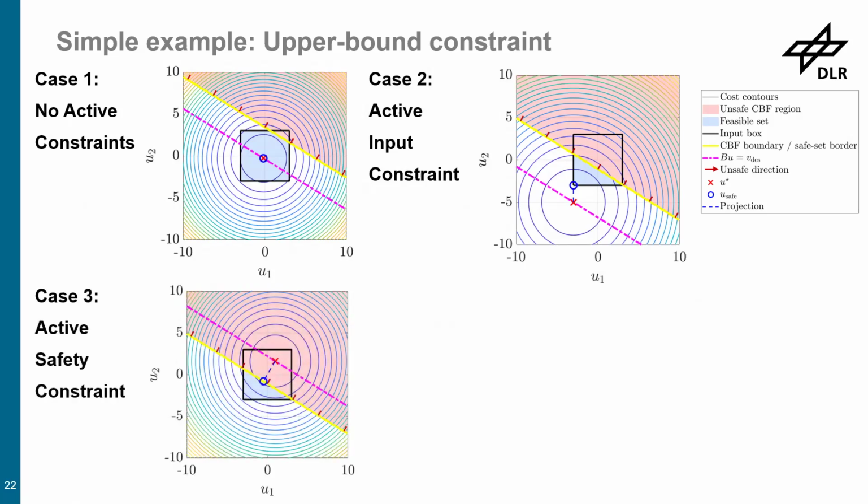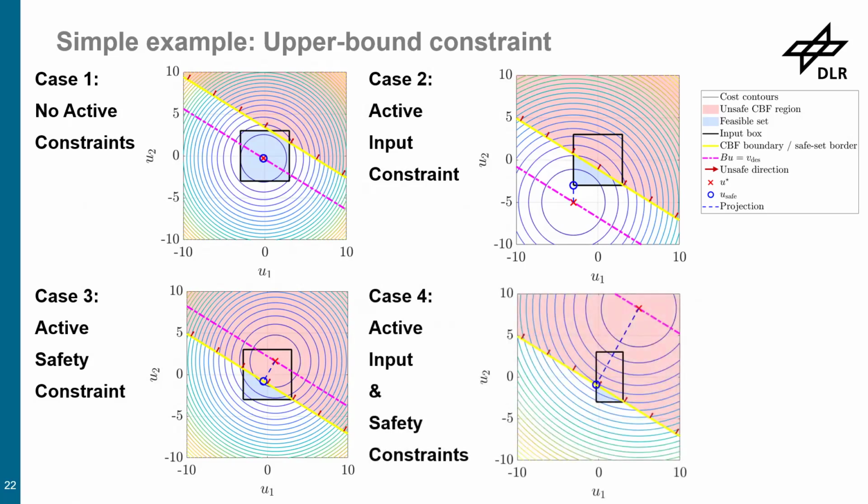When you have an active safety constraint, it's the same on the other side. So now we have the magenta line, and the full magenta line is on the red side, unsafe. This part is in the admissible set of inputs, but again, unsafe. So what you now search for is the closest point on this boundary, which is the boundary of the safety filter or the safe set, which is as close as possible to the magenta line. And if you do this, I think you get a very nice feeling of what the optimization will basically search for and do.